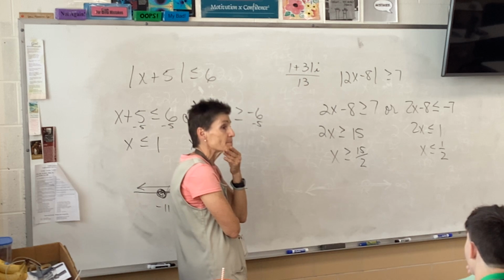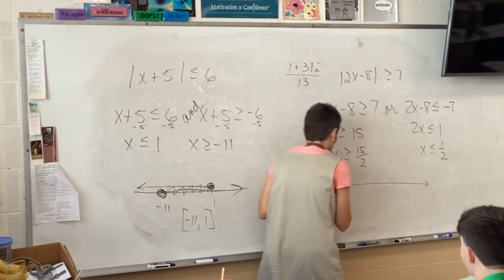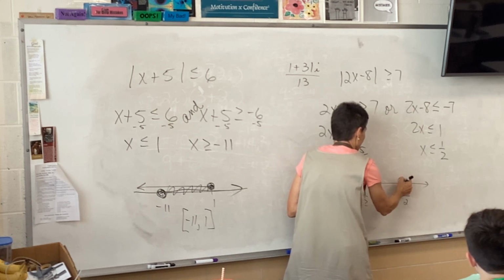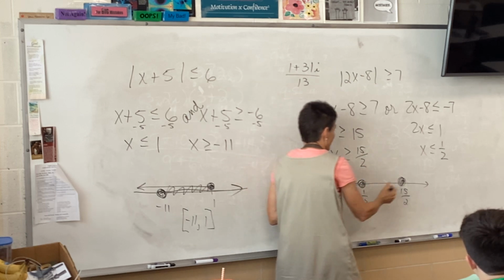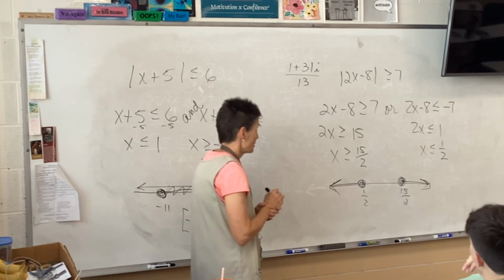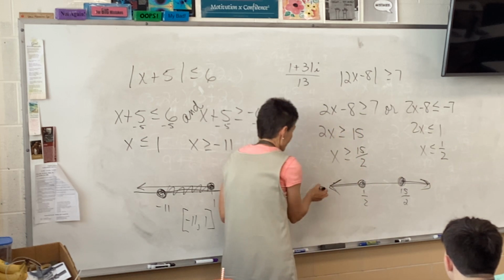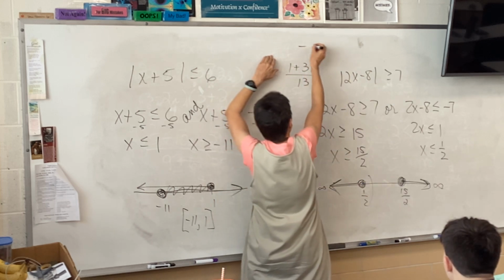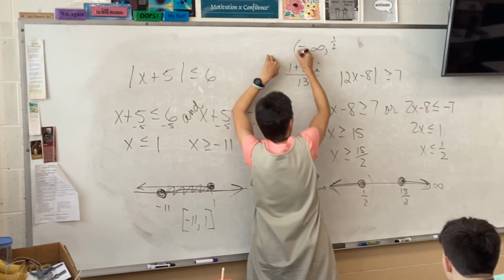Do my numbers match yours? So I'm gonna look at it on the number line. Here's a half. And here's 15 halves. I need to be less than a half, greater than 15 halves. So it's either this or it's this. So negative infinity out here, positive infinity out here, here we go. What are my intervals? Negative infinity to a half, parenthesis, bracket,